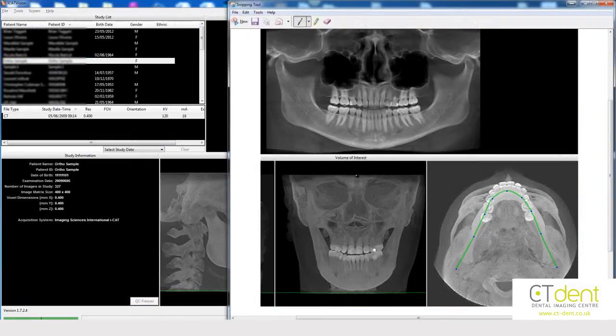The print screen function is also an option. Press the print screen key on the keyboard and then paste directly into another document, or right-click and save as picture. If you have a lot of patient scan data stored permanently in the iCat Vision software, instead of scrolling